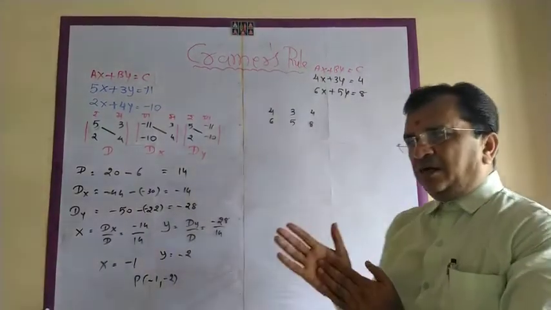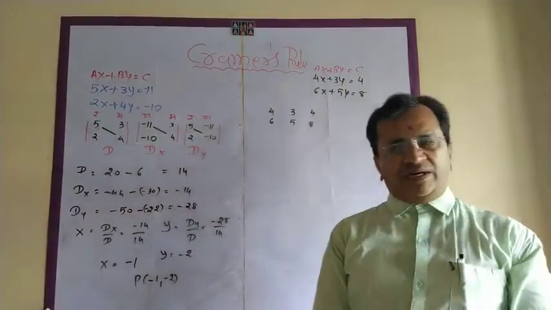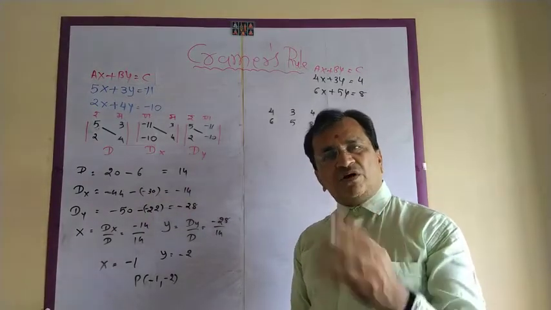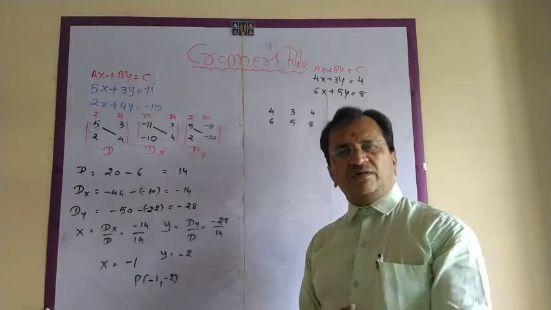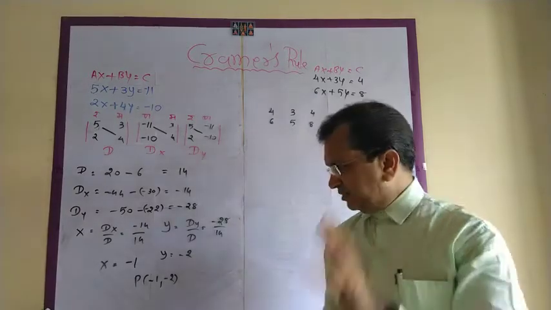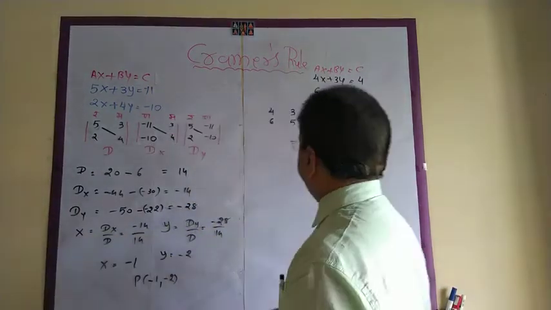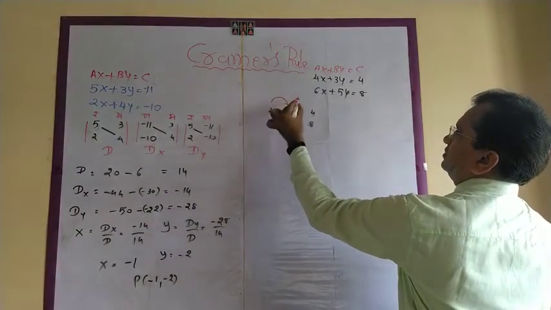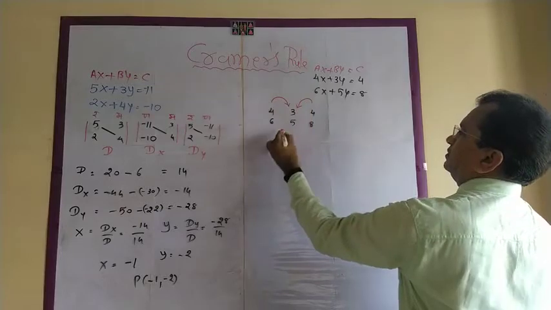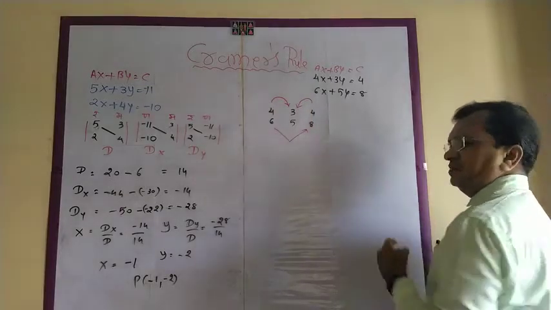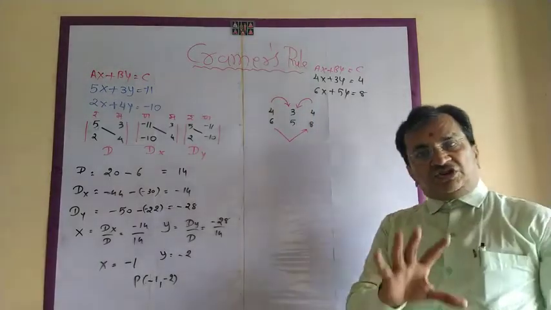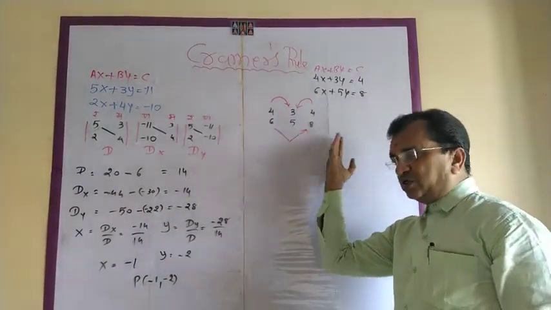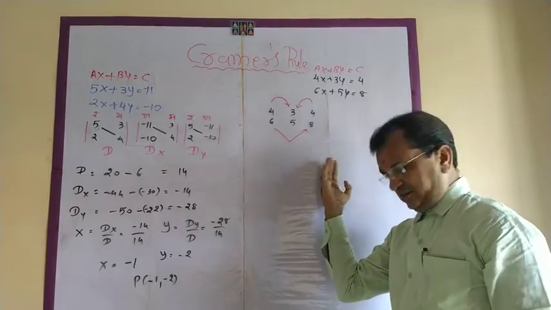Now, in the textbook one method is given, that is the formula method. The second method I have introduced, that is the Ramana-Marana method. The name of the third method is the Heart method. Why is it so? Observe carefully. See the direction of the arrows: from first to second, third to second, first to third.